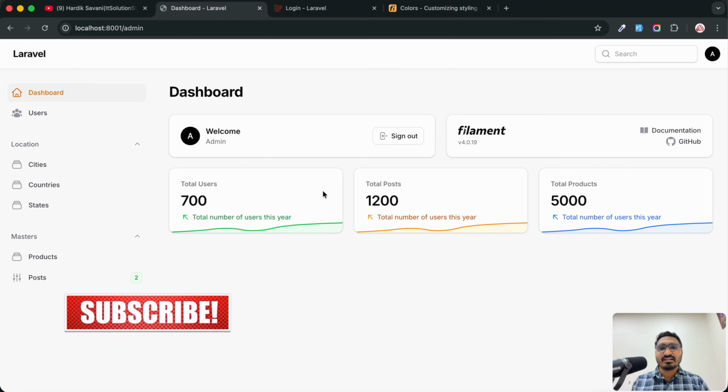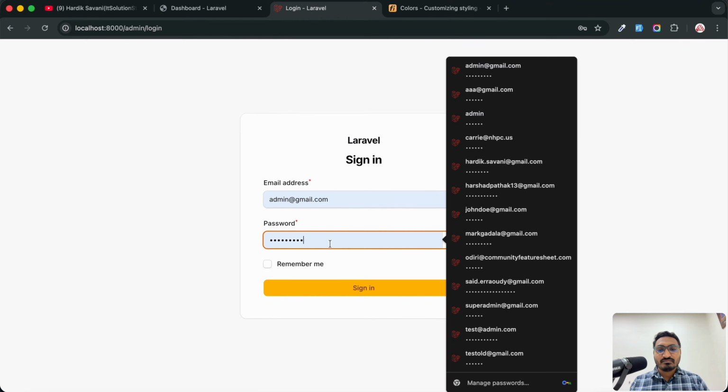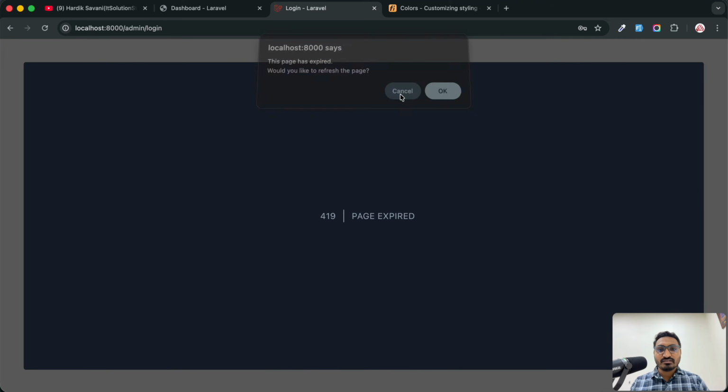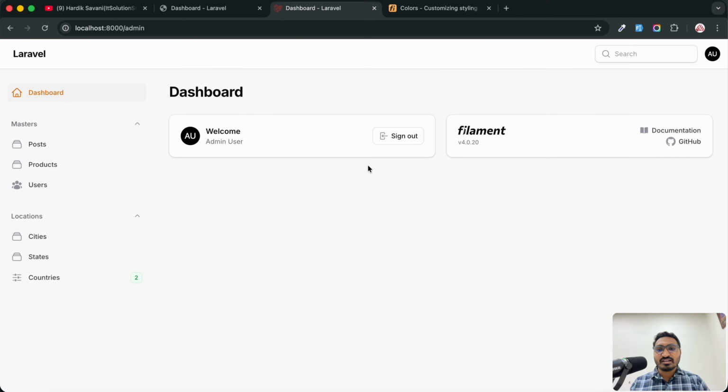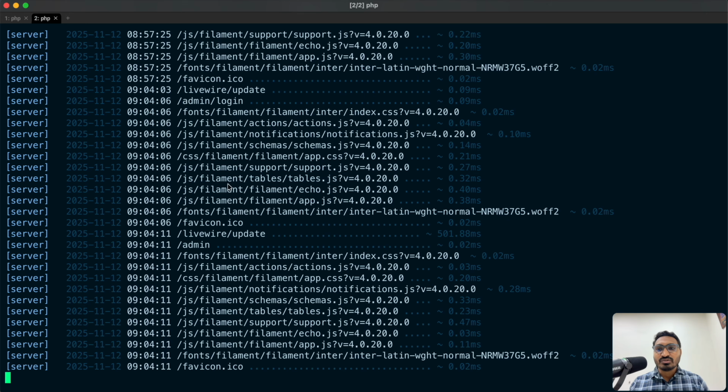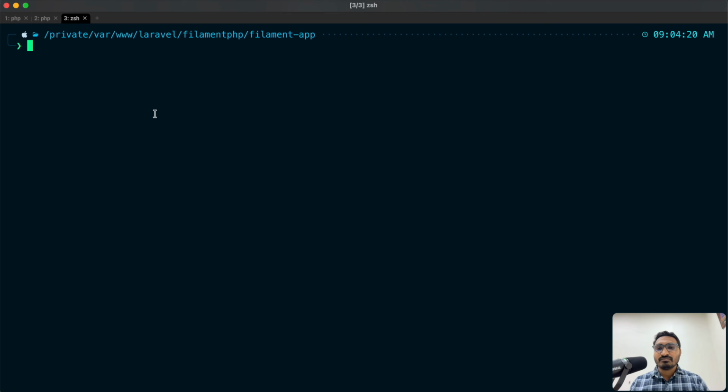So let's get started. Let me go to our project and let's log in and click on sign in. Yeah, there is a problem, so let me refresh because I have two projects running on localhost. So click on login and you can see that now we have a very plain dashboard that the default FilamentPHP provides. Now what you need to do, go to the terminal, and first of all you need to run one command,